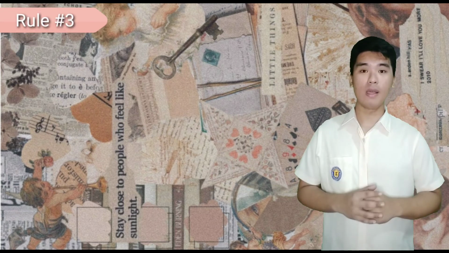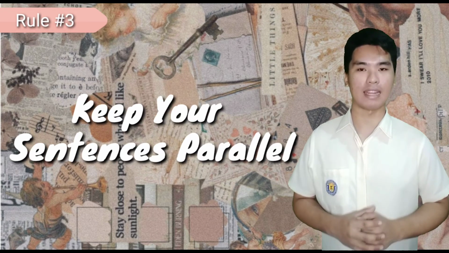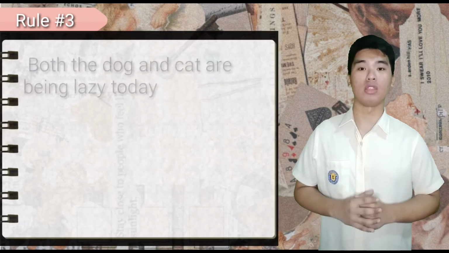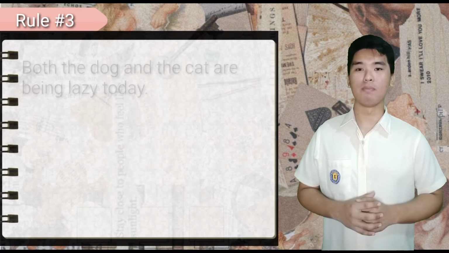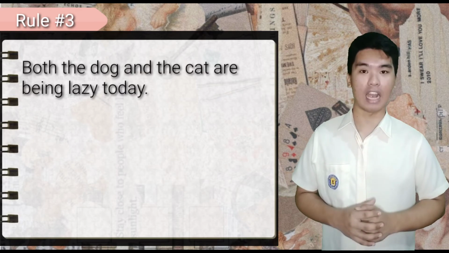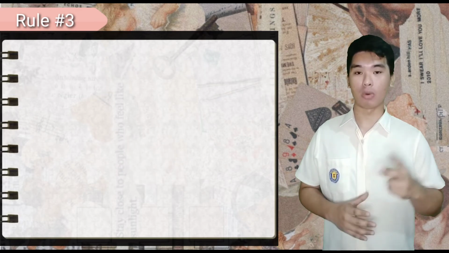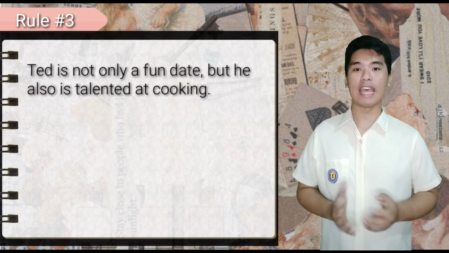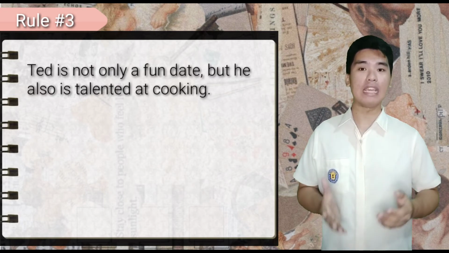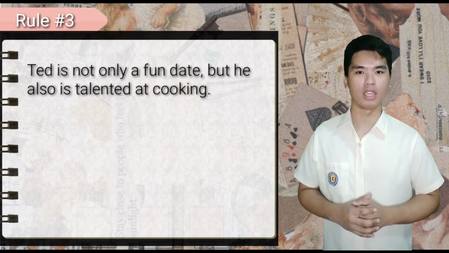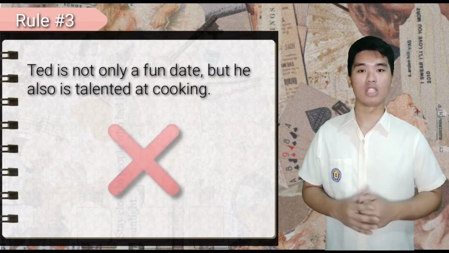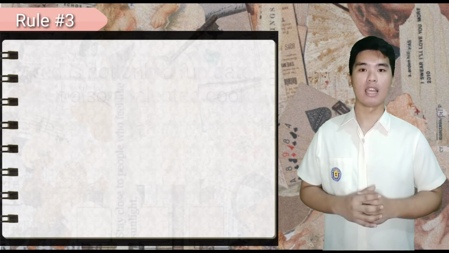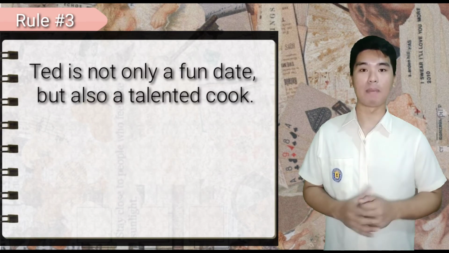For our third rule, we have to keep our sentences parallel. The sentence, both the dog and cat are being lazy today, is incorrect. It should be both the dog and the cat are being lazy today. For our second sentence, we have Ted is not only a fun date, but he also is talented at cooking. This sentence is incorrect. Again, it should be parallel, which means Ted is not only a fun date, but also